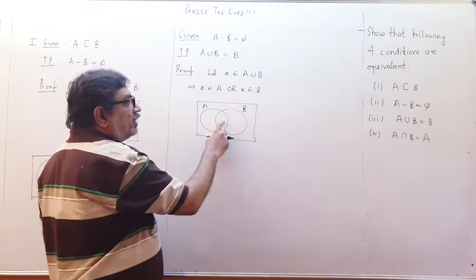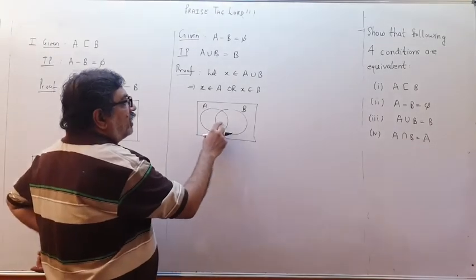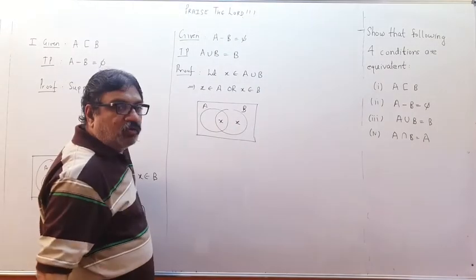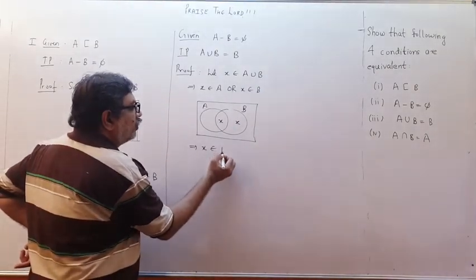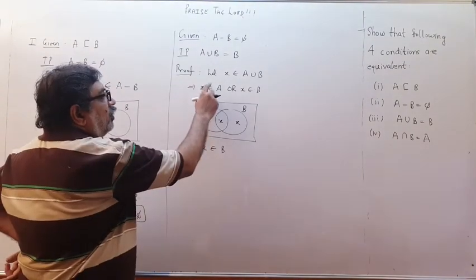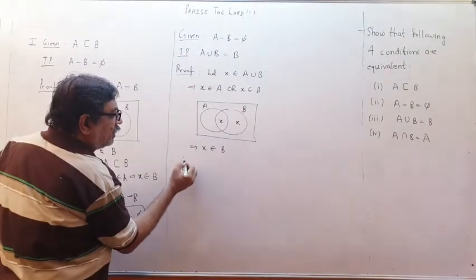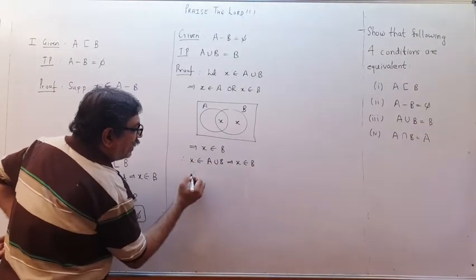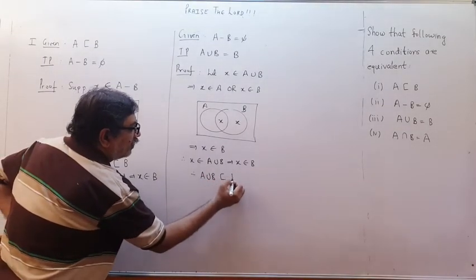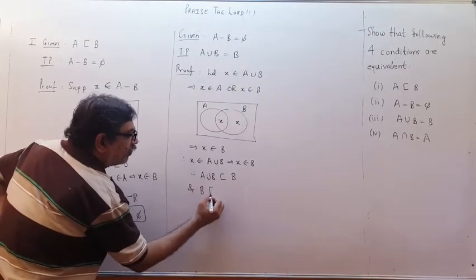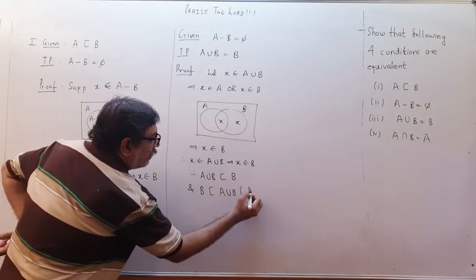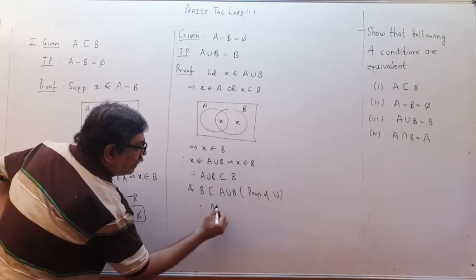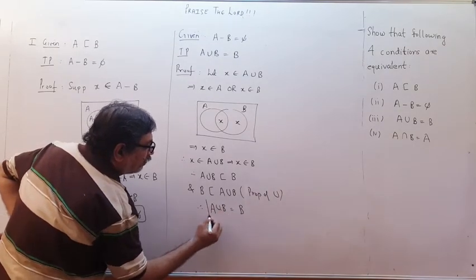That means I have to put x over here or here. So I may put it here or here, anywhere. In either case, it will belong to B. That implies x belongs to B. So x belongs to A union B has proved x belongs to B. Therefore, A union B is a subset of B, and B is already a subset of A union B by property of union, and therefore A union B comes out to be equal to B. Proved like this.